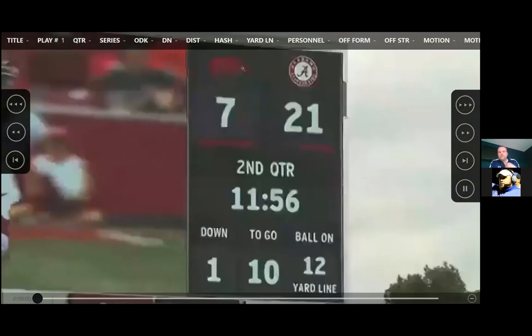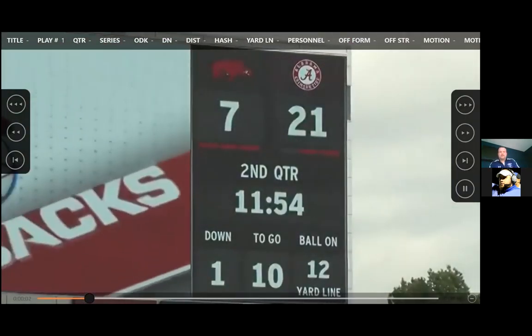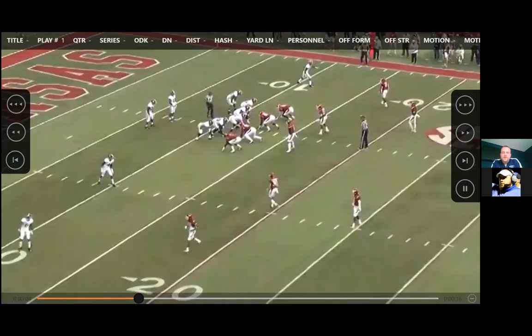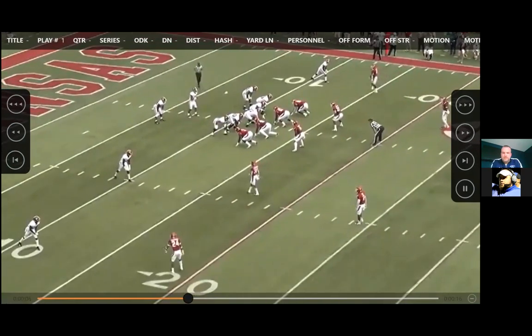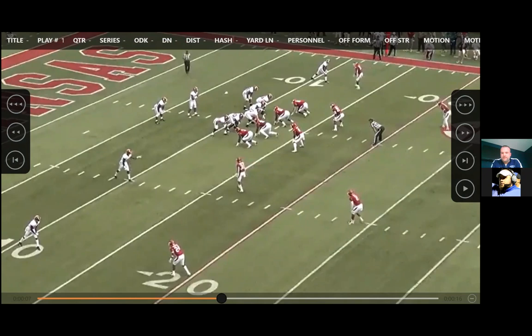So, what do we want it to look like, I guess? And this is piracy, I suppose, but this is a clip that when we install, this is what we look at first, okay? And again, it's going to be same side, which I think we only hit 2 of them, but that's fine. And they're running just a split zone, and you can see he's going to read right here and right here. And we call it 6-man RPO because we're blocking 6 on 6.